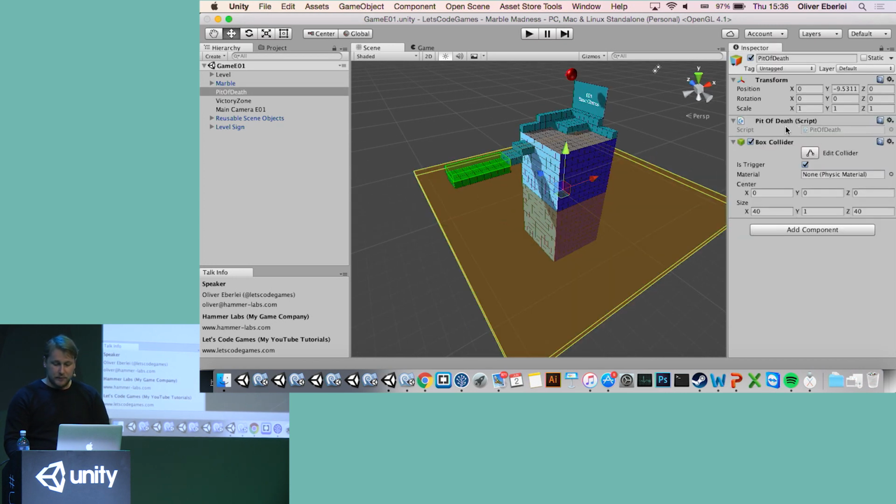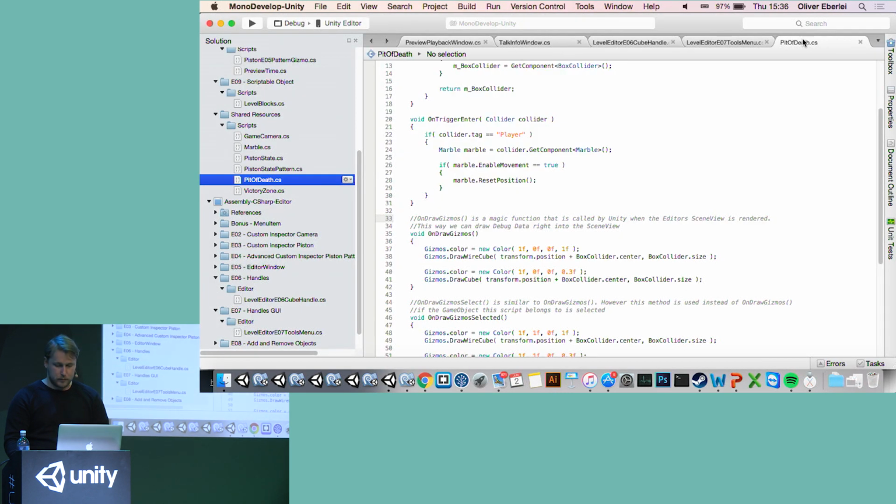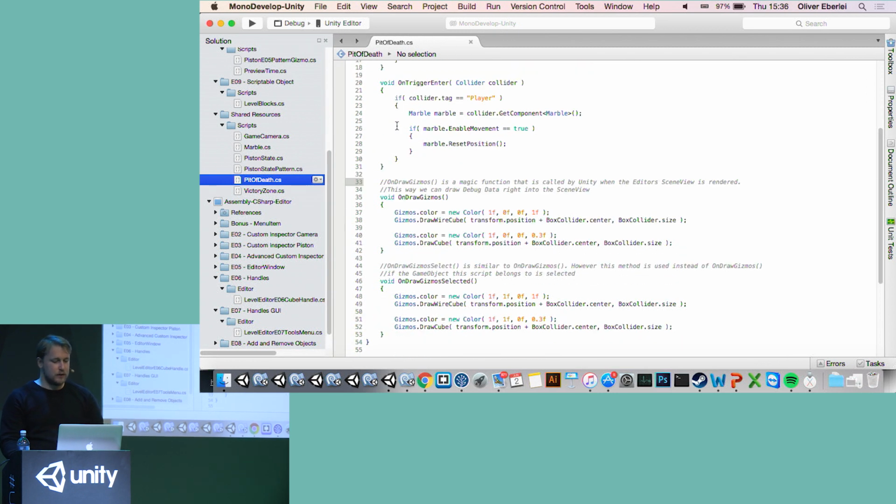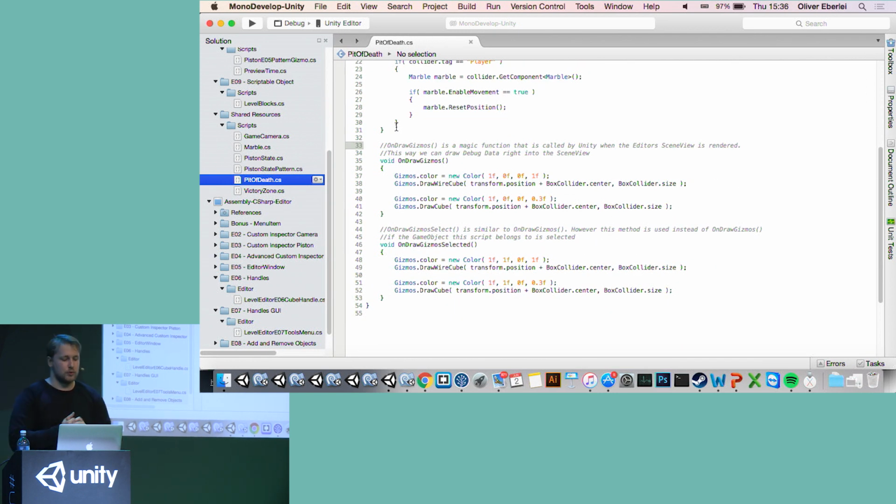So we did that by, let's open this up and close all others. So this is the very, very simple way to draw the gizmos. Unity has a bunch of magic functions like the update function, the start function, stuff like that. Once you define it, Unity calls it whenever necessary. One of those functions is called OnDrawGizmos. And that is a function that is only called in the editor view. So it will not be called in the game at all. So you can do a bunch of debug stuff in here, and you can be sure that it will not affect your game when you build it later on.